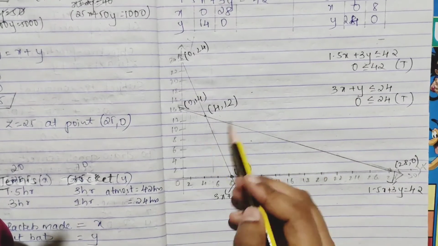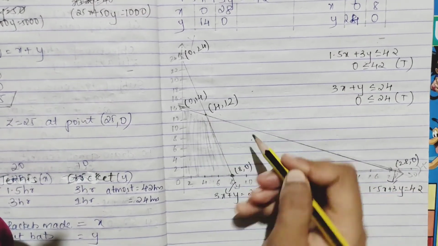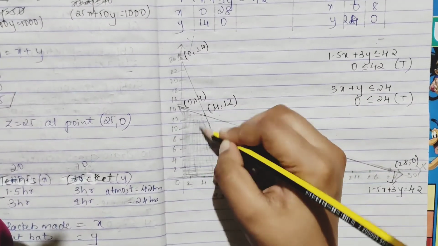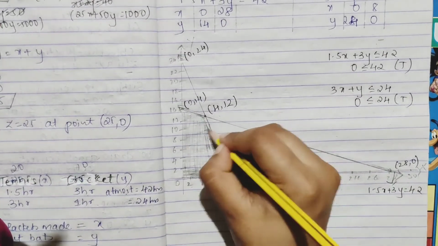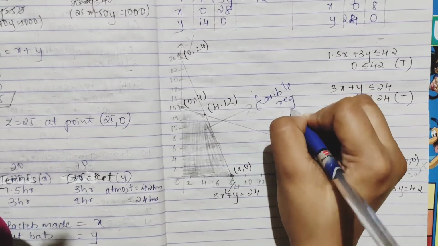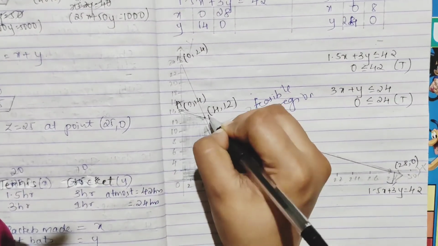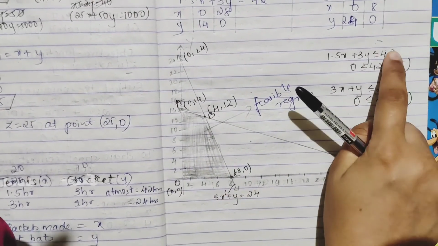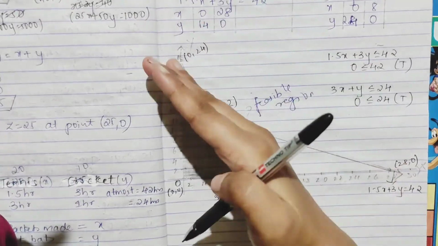So now for both of those, the common region is which? This part, right? So we will shade this part. You shade it like this. Okay, shade in such a way, and you get this as your feasible region, and this is also bounded, right? Yeah, they are bounded. You can name the points A, B, C, and your origin, that is 0, 0. Okay, when it is true then the origin part is your feasible region. If it is false it will be the opposite of the origin.